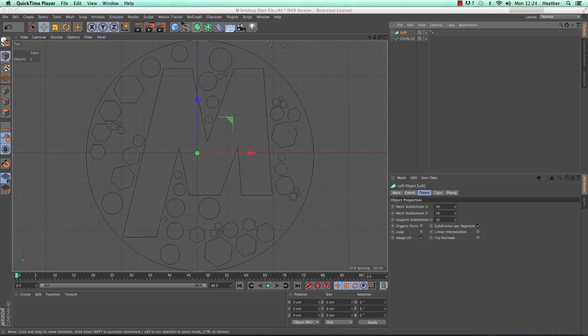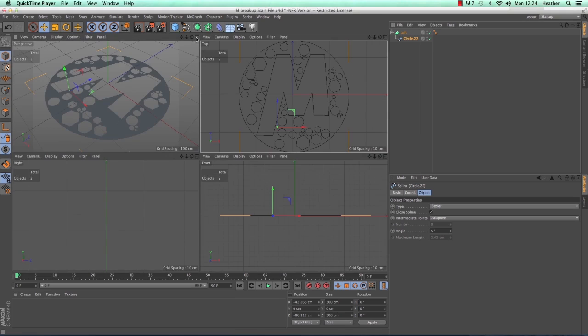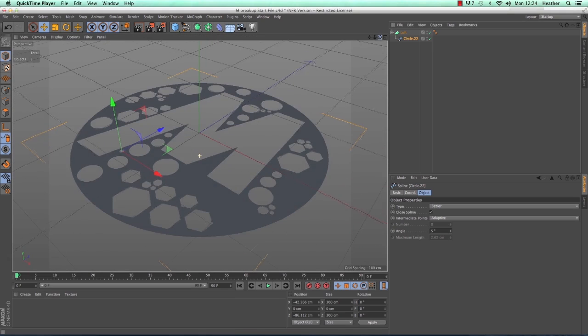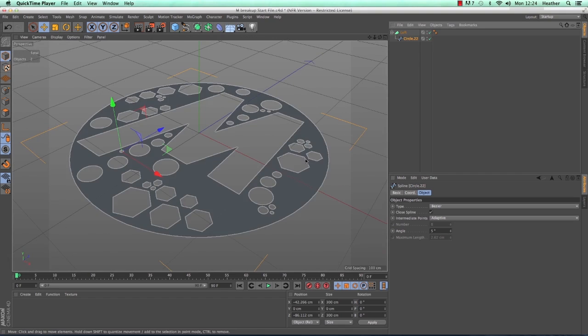So grab a loft and make the circle spline a child of the loft. Then if I jump into perspective view, you can kind of see what this has done. So it's gone from just a series of splines to the beginnings of a mesh. I know that we do have a few holes in there, but we can sort that out in a second.